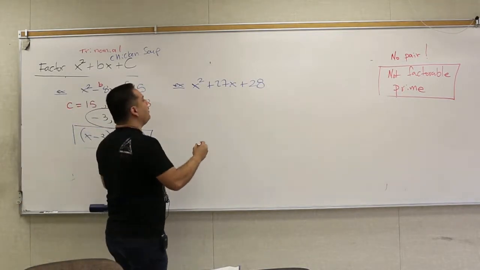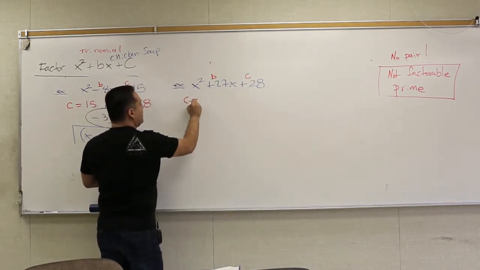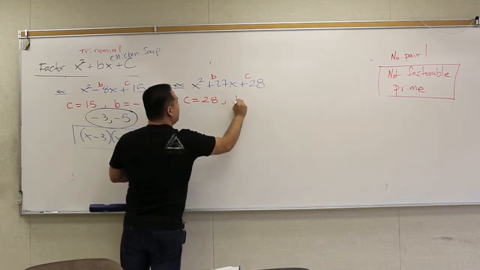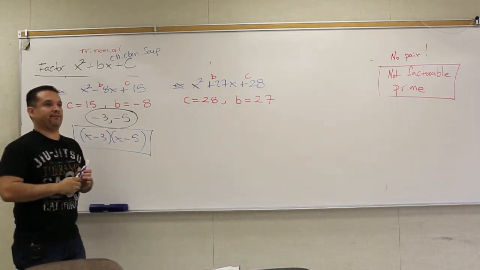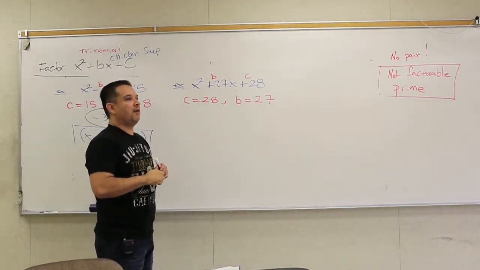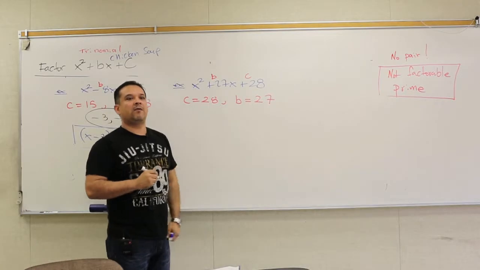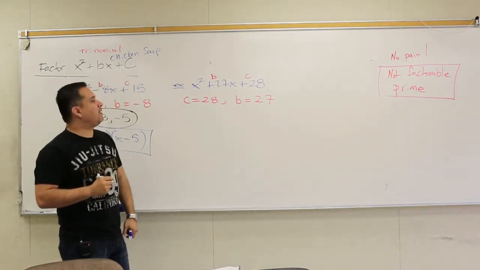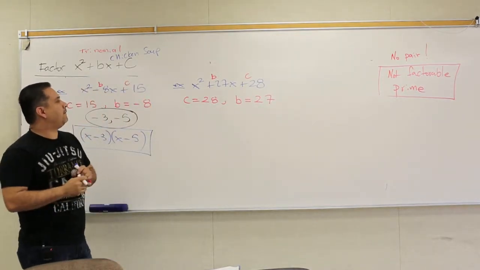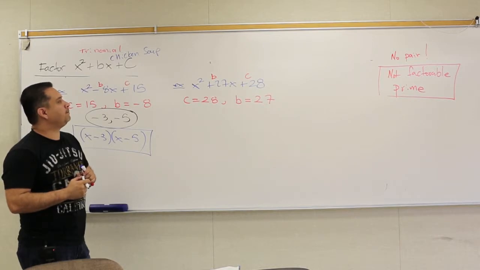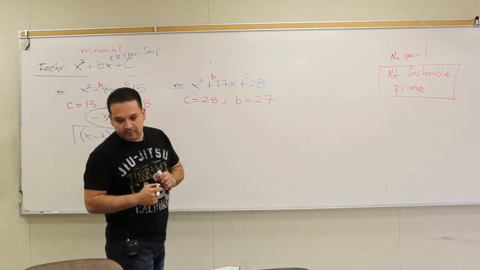So go through your procedure, right? You got what? B, C, C, 28, B what? 27. So give me the pair of numbers whose product is 28, but whose sum is what? 27. What do you guys think? What's it going to be? What is it? 1 and 20. You guys know? Negative 1 and